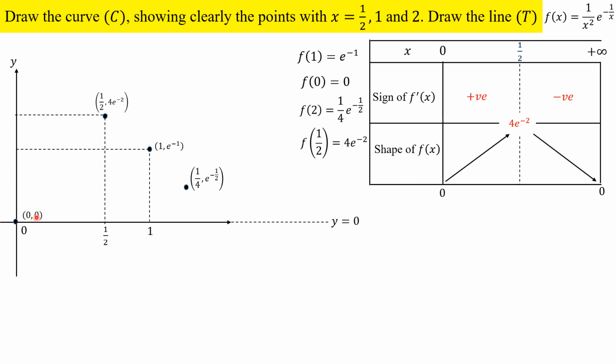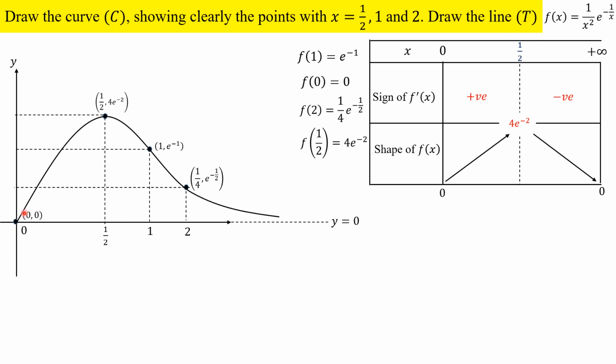So here is the origin (0, 0). Now when x is 2, our y was given as e raised to the power 1/4, sorry. So here it's supposed to be 2 1/4 e raised to the power negative half, not 1/4 e raised to the power negative half. So be careful with that error.